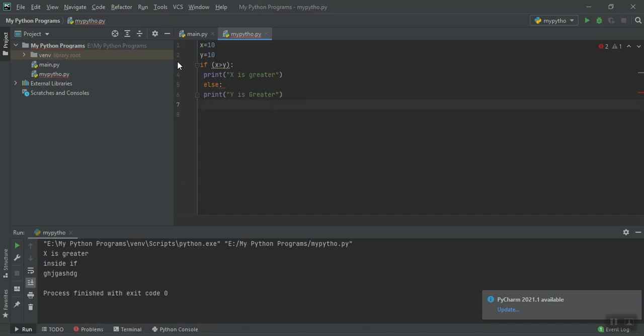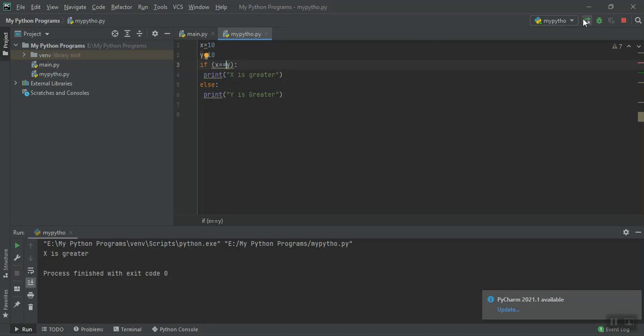When I execute this, what will happen? When I compile this, y is greater. So I am not checking it.